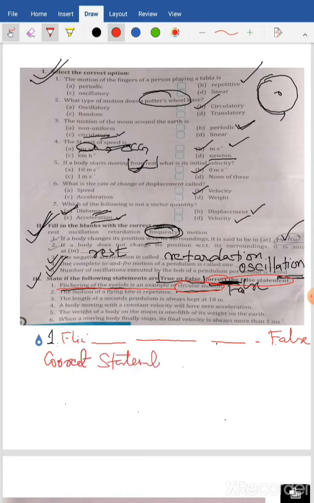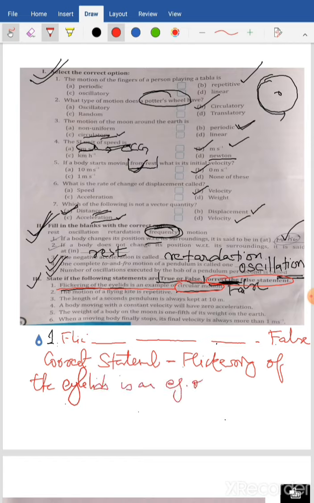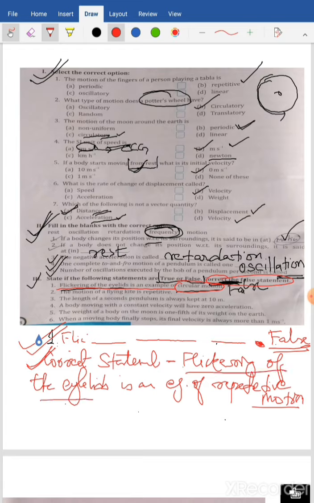You will write like this and give a dash and then write flickering of the eyelids is an example of repetitive motion. So this will be the correct answer. Okay, so you will write first the false statement, then at the end after full stop you will write false, then in the second line you will write correct statement, then you will again copy the statement which is correct in this way. Is that understood?